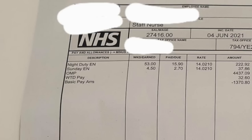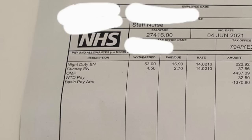So now that's where it gets tricky. Okay, so now you have the basic areas for the months, because before you got maternity leave, you must have been working before you delivered. Your maternity leave starts immediately you give birth if your delivery comes before your planned maternity leave. So if your maternity leave was on December 22nd and you deliver December 13th, which is before your 2 weeks, your maternity leave starts December 14th. The basics in that month were about 1,370. Now, because you are getting the maternity pay, they have to take that pay back and pay it to you as maternity leave. I don't know if it makes sense. So you will see a minus on that value of £1,370. So they've taken that off the